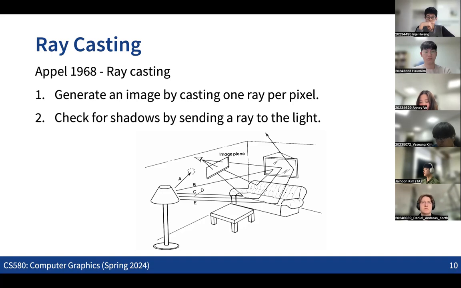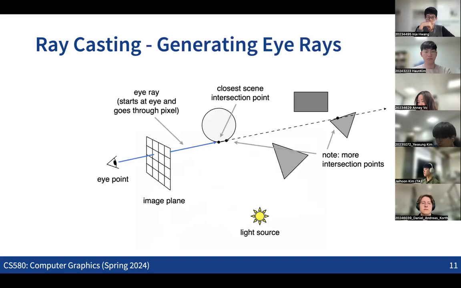So we are not starting from the light source, but actually from the image plane, which means that we are basically backtracing all the rays from the image plane to the light source. Instead of shooting the ray from the light source, now we are shooting the ray from the eye point, from the camera center. For each pixel, we are shooting the ray and checking the intersection point with any of the